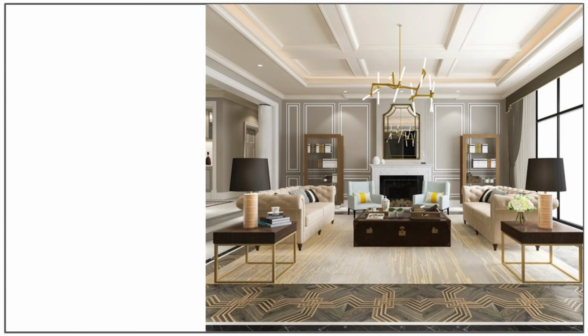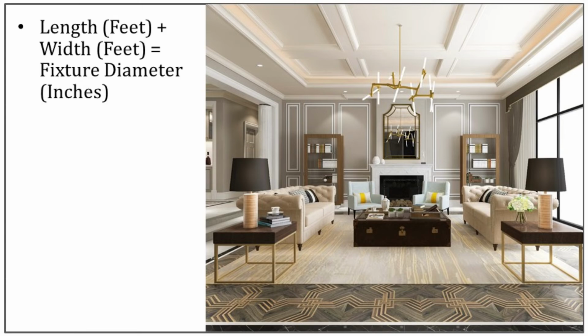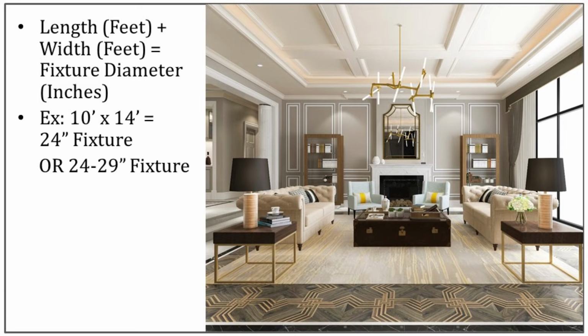Here are some final tips on lighting. In terms of how big a chandelier, pendant, semi-flush, or flush mount light should be for the middle of your room, the standard professional formula is to add the width and length of the room to determine the diameter. For example, if your room is 10 by 14, then the fixture should be around 24 inches. However, I often add on 5 inches to this measurement as I like larger light fixtures. So for a 10 by 14 room, I would look for a fixture that has a diameter between 24 and